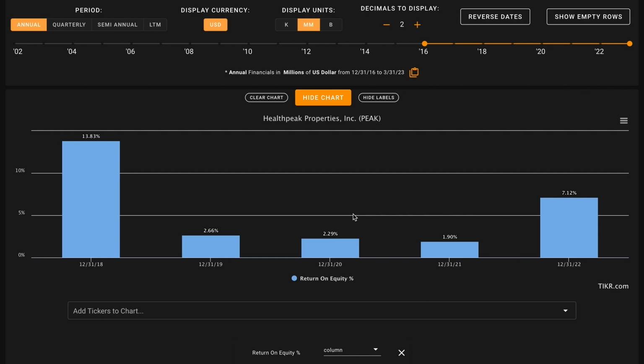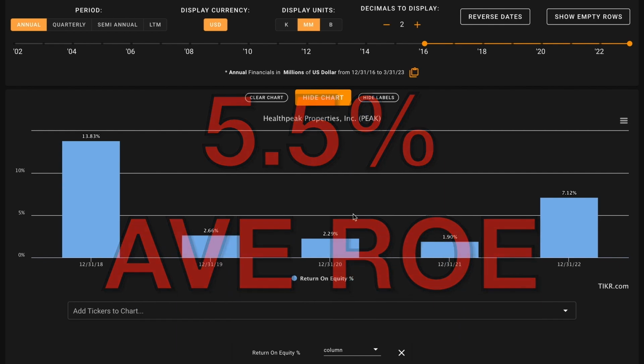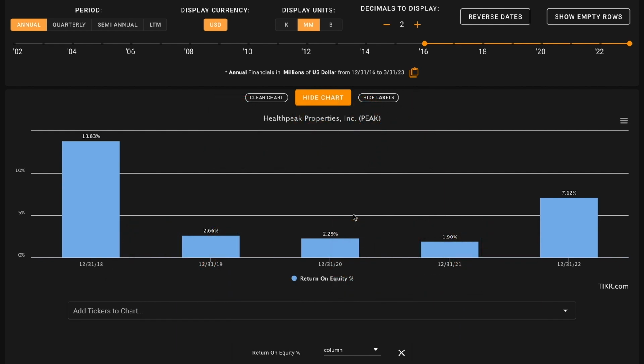Healthpeak has had returns on equity all over the place throughout this time. They earned very low returns from fiscal 2019 until fiscal 2021. Their returns rebounded in their most recent fiscal year and averaged out, Healthpeak's earning about 5.5% returns on equity in a given year. This is coming in slightly below the average of a typical REIT, meaning this is an X